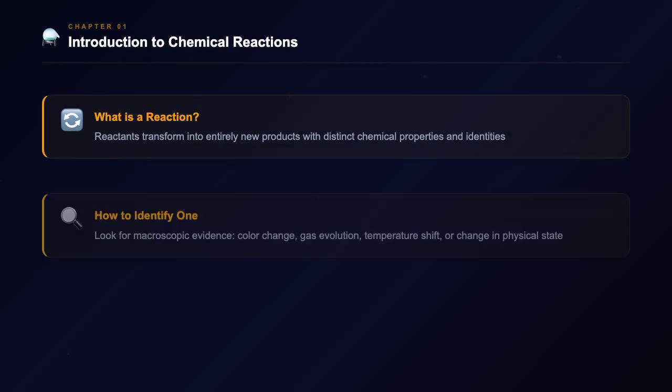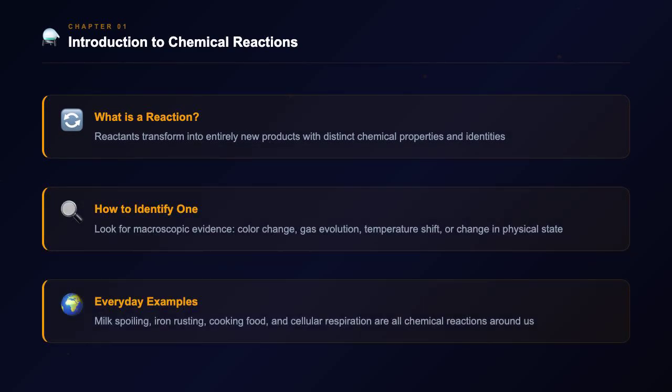A chemical reaction occurs when reactants transform into entirely new products, characterized by distinct chemical properties and identities. This process can be identified through macroscopic evidence, such as changes in state, color variations, gas evolution, or temperature fluctuations. These transformations are omnipresent in daily life, occurring during common phenomena like the spoiling of milk, the rusting of iron,